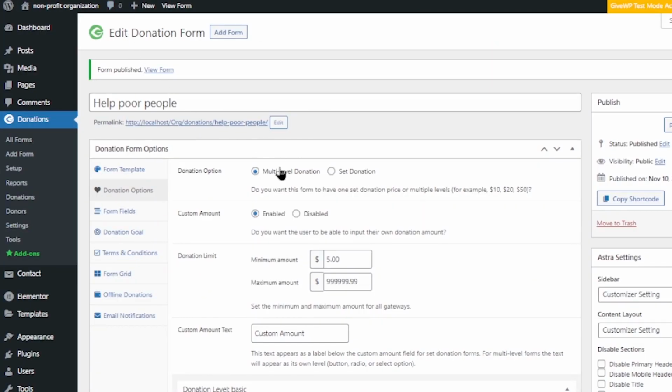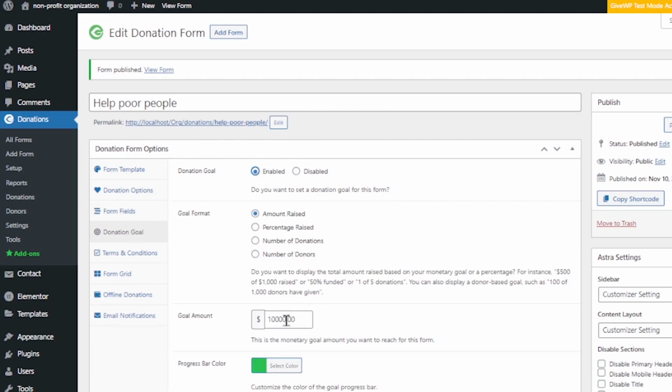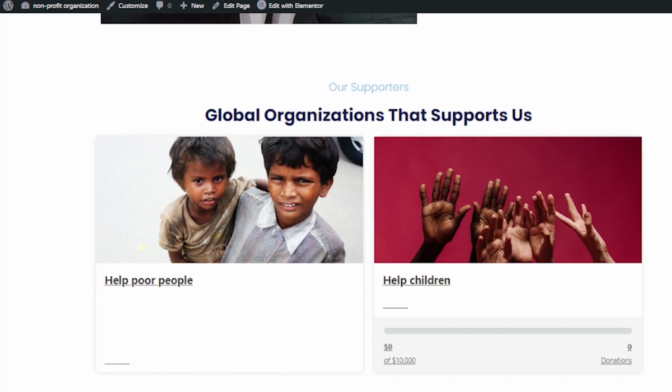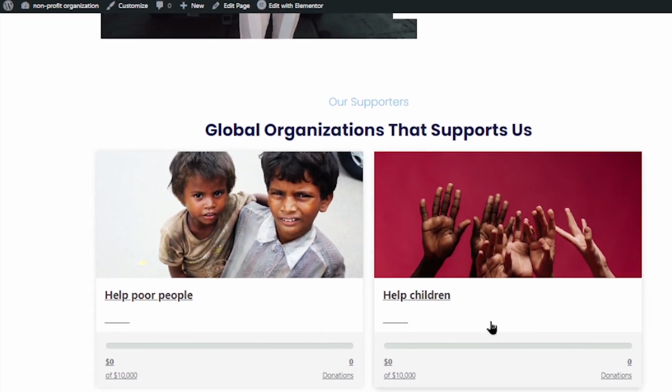Okay, go ahead. We have forgotten to add the donation goal. Okay, put your goal, which is $10,000. Select the color and click update. Now, if you have refreshed, you'll be able to see all the campaigns you have on your website, as you can see here. Okay, if we click on it,